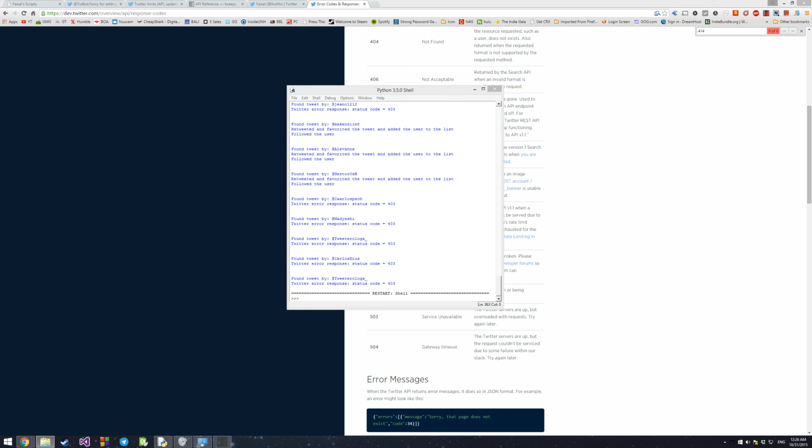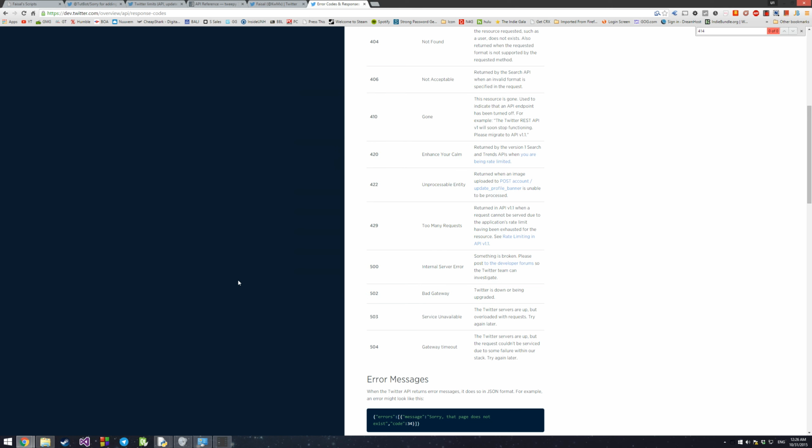So now let's go ahead and do a little error handling. If we get the code 429, that means that we have too many requests. We have reached the limit we have talked about earlier. So we want to handle this little error. We don't want our bot to just keep going through tweets and getting this request. It won't crash. It will just keep receiving this